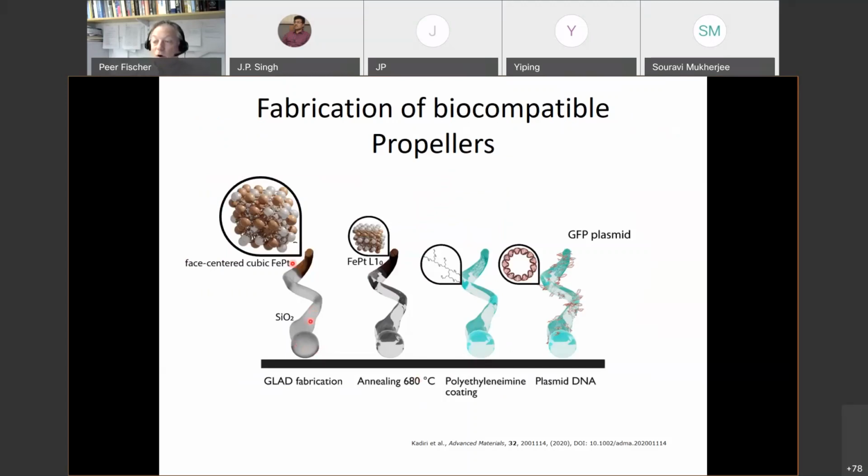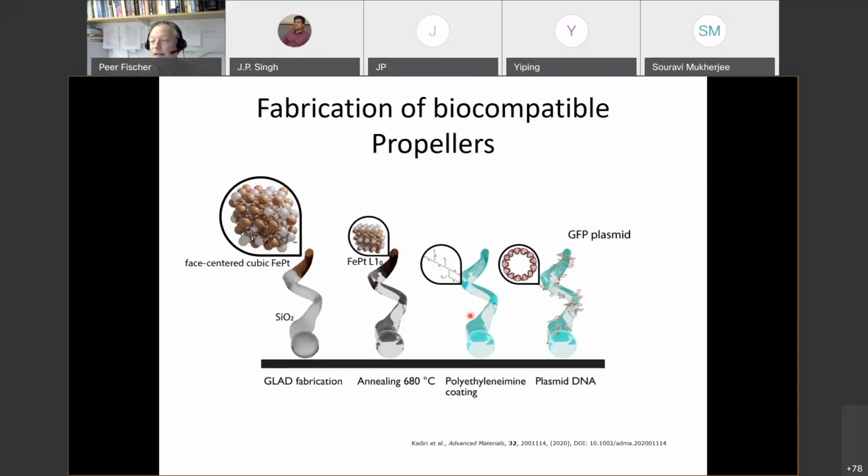You can incorporate it by co-depositing iron and platinum, and then you will be not yet in this phase that you need, which is the L10 phase. You can see this sort of layered between iron and platinum here, but you get this very easily after co-deposition by annealing. So after annealing these structures, then we have nanopropellers with an annealed magnetic moment, strongest possible magnetic moment,